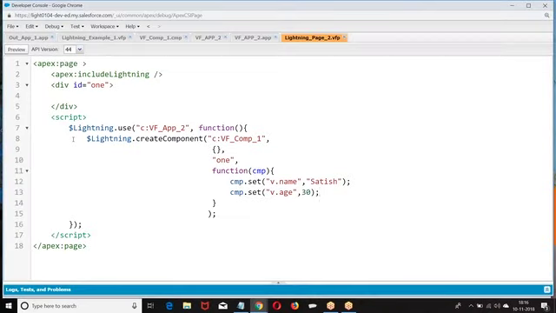So go back to the component, load the page again. Look at the page, we got name as Satish, age is 30. Now we can create a Visualforce page. We can read the values from the Visualforce page, set the values there.